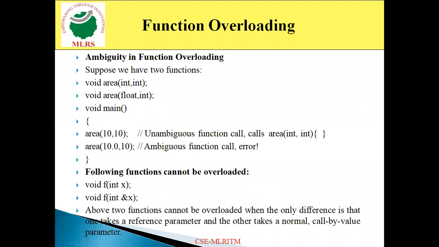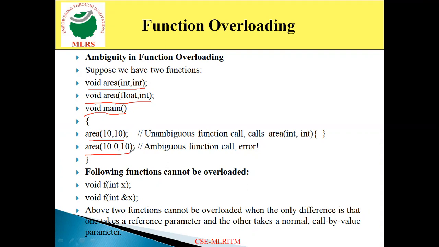There's a problem with function overloading, that is nothing but ambiguity. Now, what does that ambiguity mean? What happens if the data type or the values that we pass to a function are the same? Take one example where I am specifying void area(int, int) and void area(float, int). Now come to the main function: area(10, 10), area(10.0, 10). It indicates that for the second statement there is ambiguity about which function it has to execute.